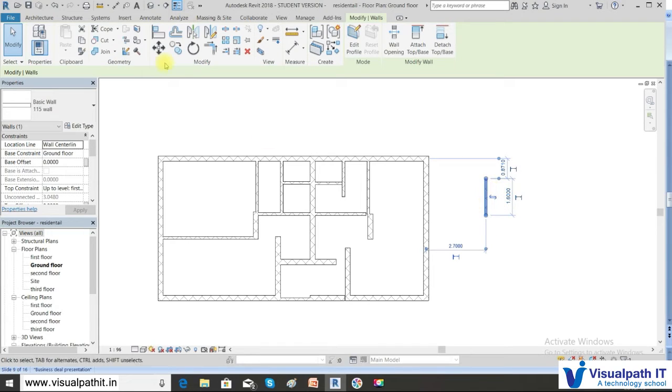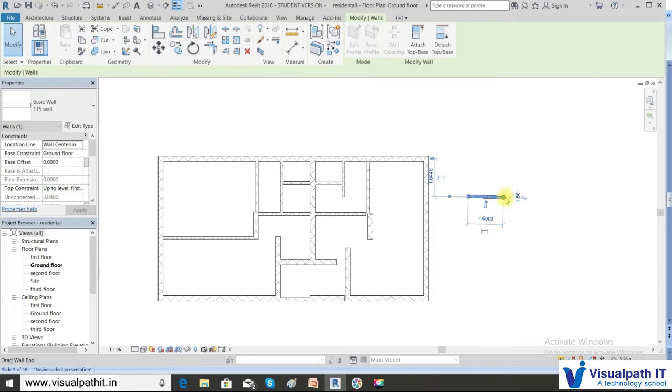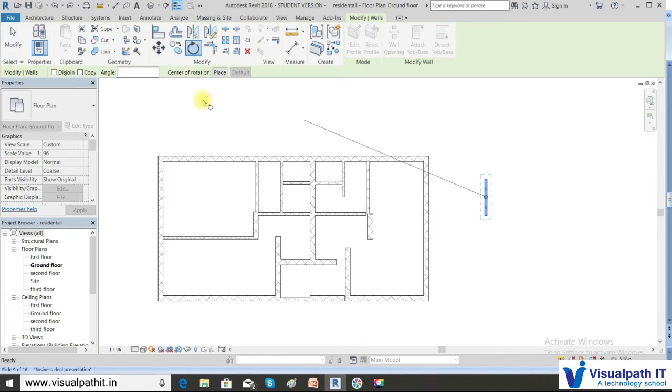Now when I say rotate here, you can type the value 90. If you want to make a copy of it, you will say copy and specify the angle, say 90. Okay, so you have to click the base point of that axis and then you can rotate it.